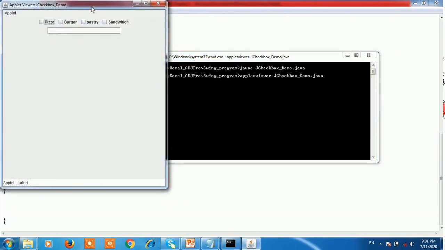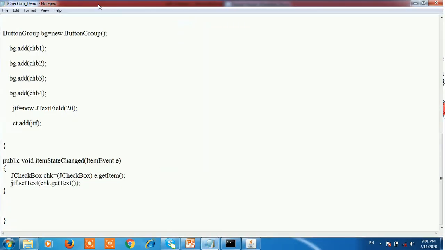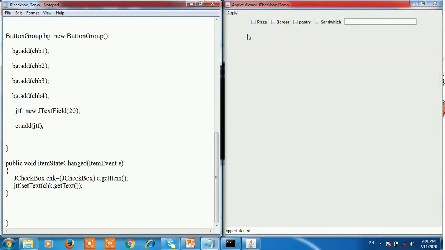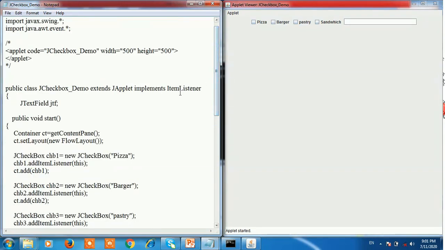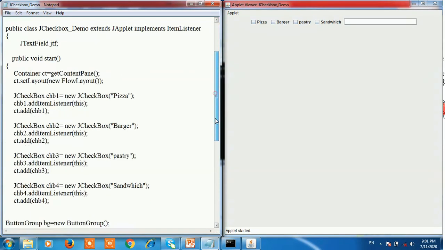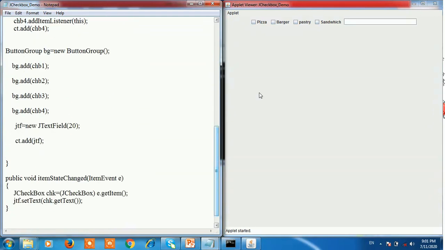See here, this is the output of our program JCheckboxDemo. These four are the checkboxes: pizza, burger, pastry and sandwich. Here we use the button group, so at a time only one checkbox is selected. When you click on a checkbox, the item event is generated. So here we use the item listener, and when you click on the checkbox, the itemStateChanged method is called,